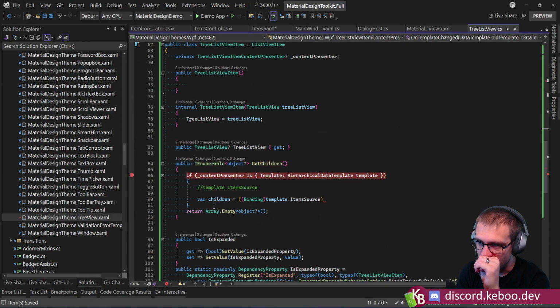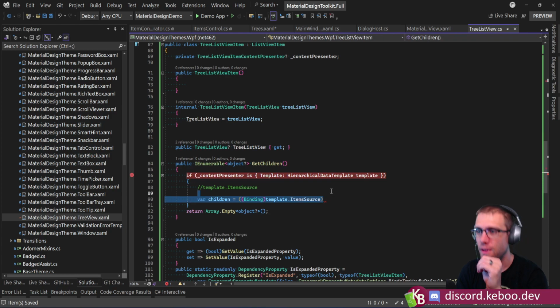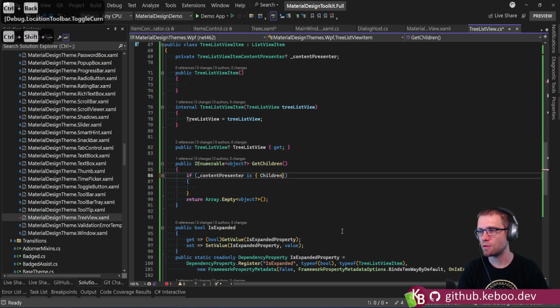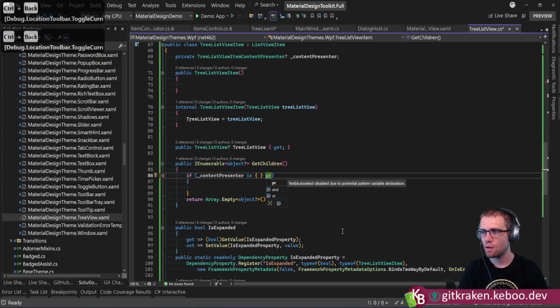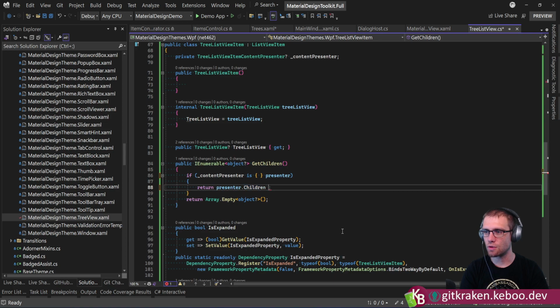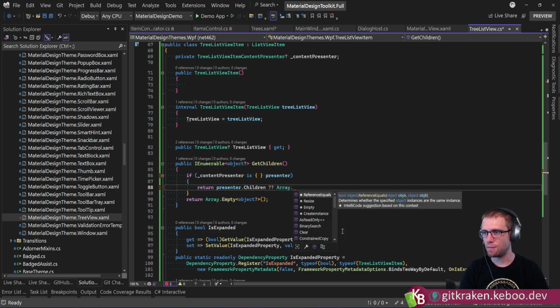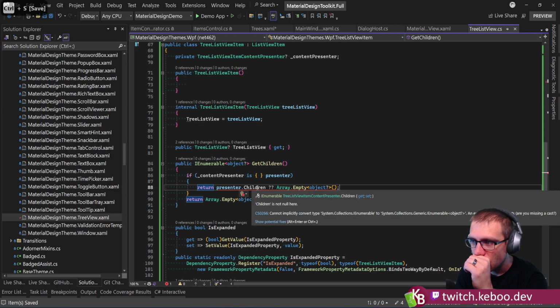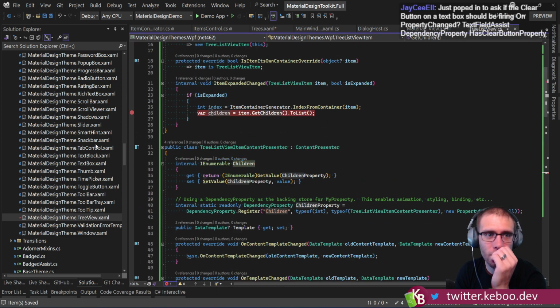if we do that, then instead of all of this, when it comes time to get the children, we don't query template, we query children. And we don't care what it is per se, which means we really only care about the presenter now. Presenter, and then we just blindly return presenter.children coalesce to Array.Empty. Okay. I guess we should probably